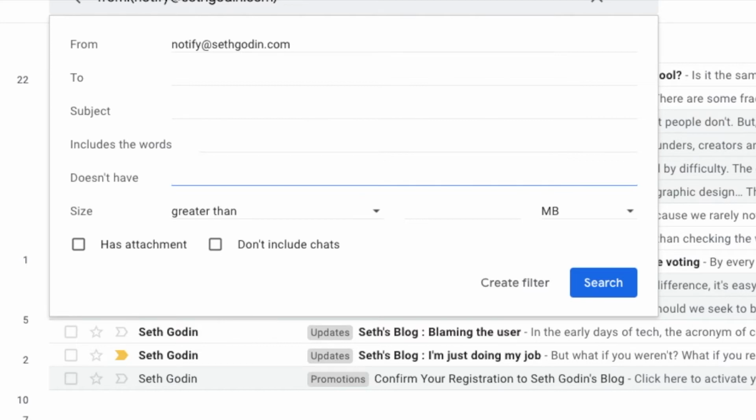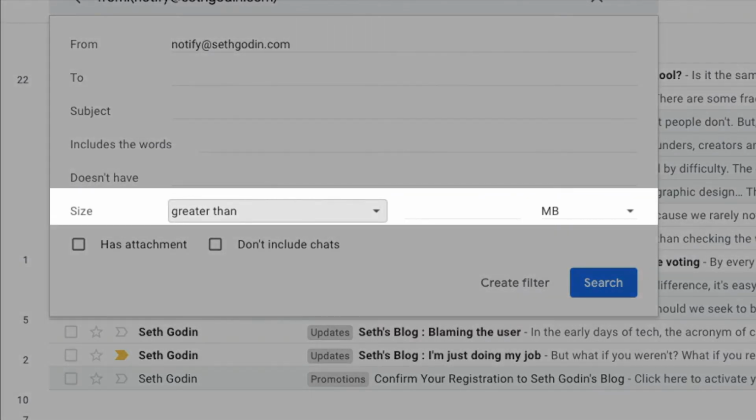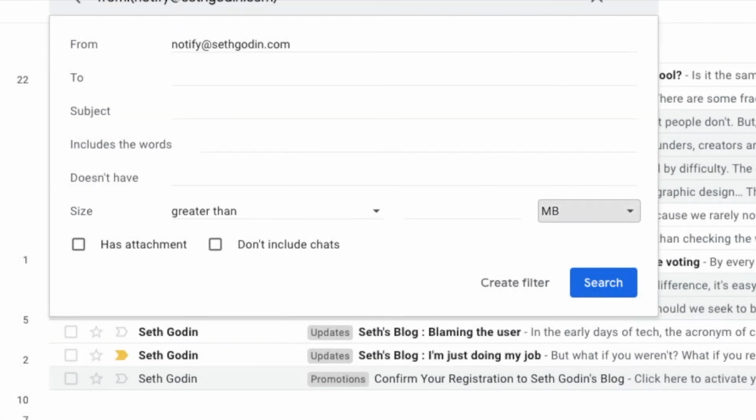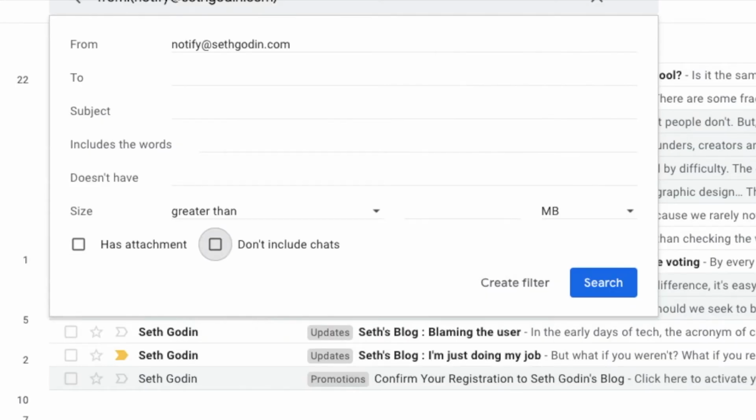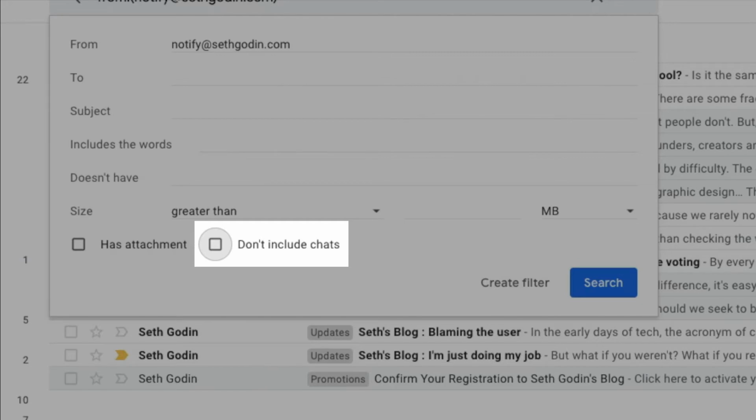Moving on to the last set of criteria, you can move mails based on their size or whether they have or do not have an attachment. And lastly, whether you want to exclude messages from Google Hangout chats.